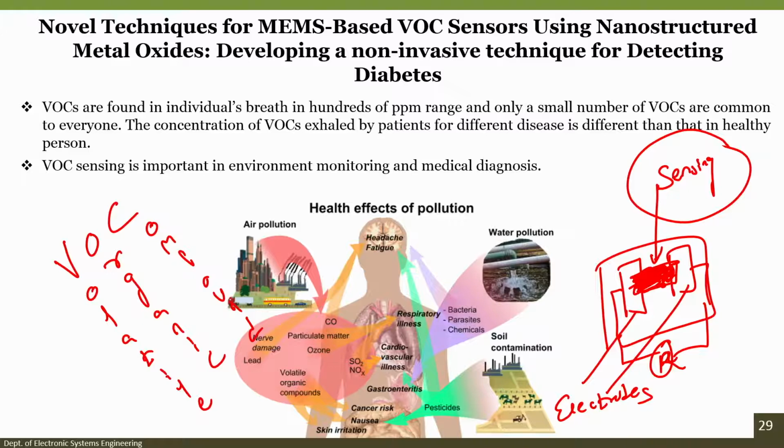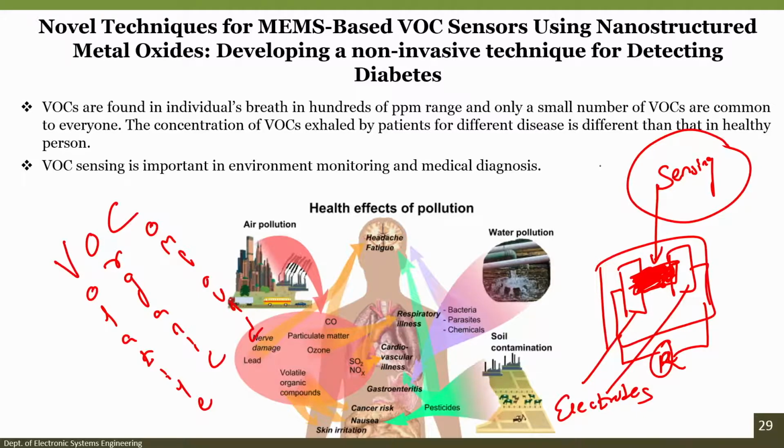For example, ethanol, methanol, acetone, propanol, isopropyl alcohol, kerosene, petrol, diesel, right, these are all VOCs. While some gases that we need to address are SO2, NO2, CO2, CO, right, these are all gases. So, VOCs and gases. Now, if the VOCs or gases are reducing in nature,